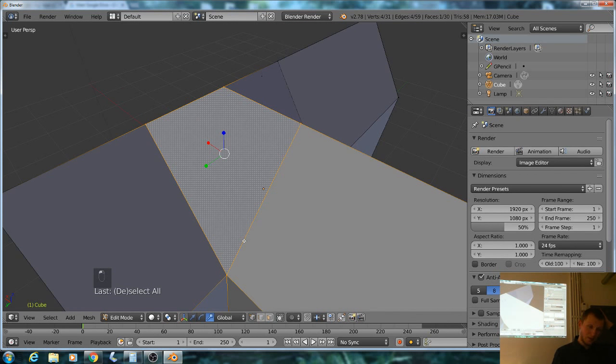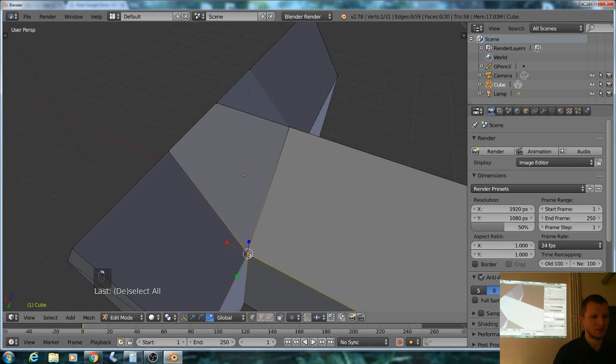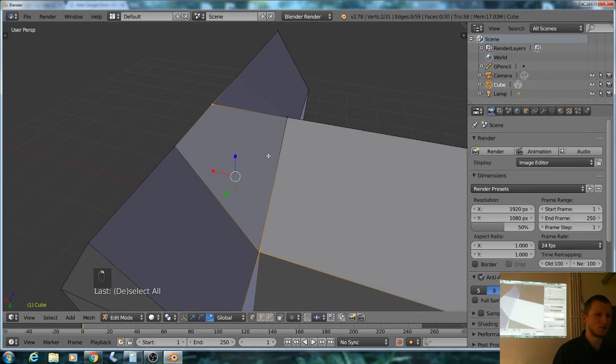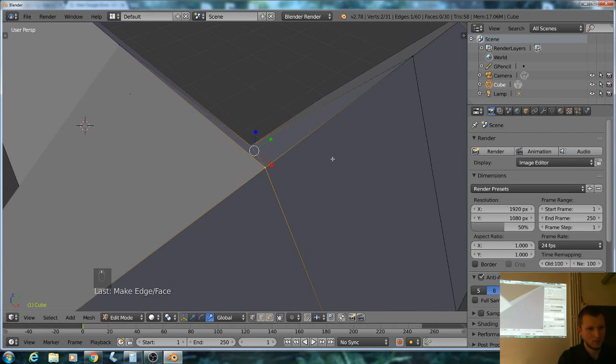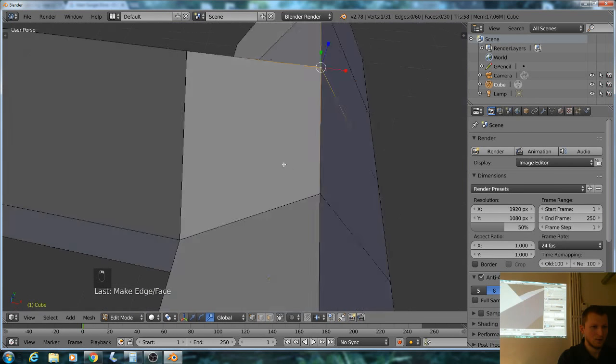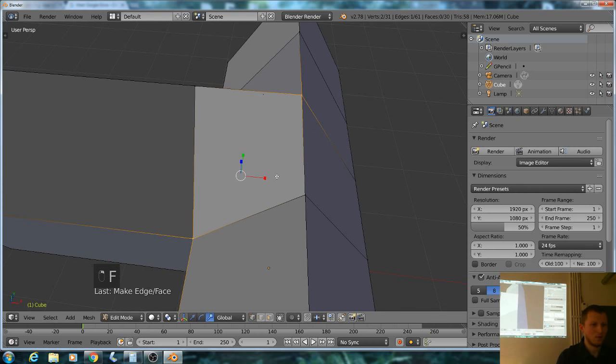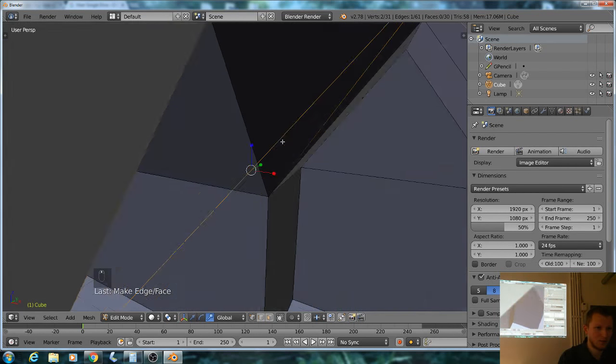You might assume or suggest that we just select these two vertices and press the F button, right? It works. Yes. Awesome. And same thing on the other side. Oh, it didn't work. Why? So actually you can't do it in this way,